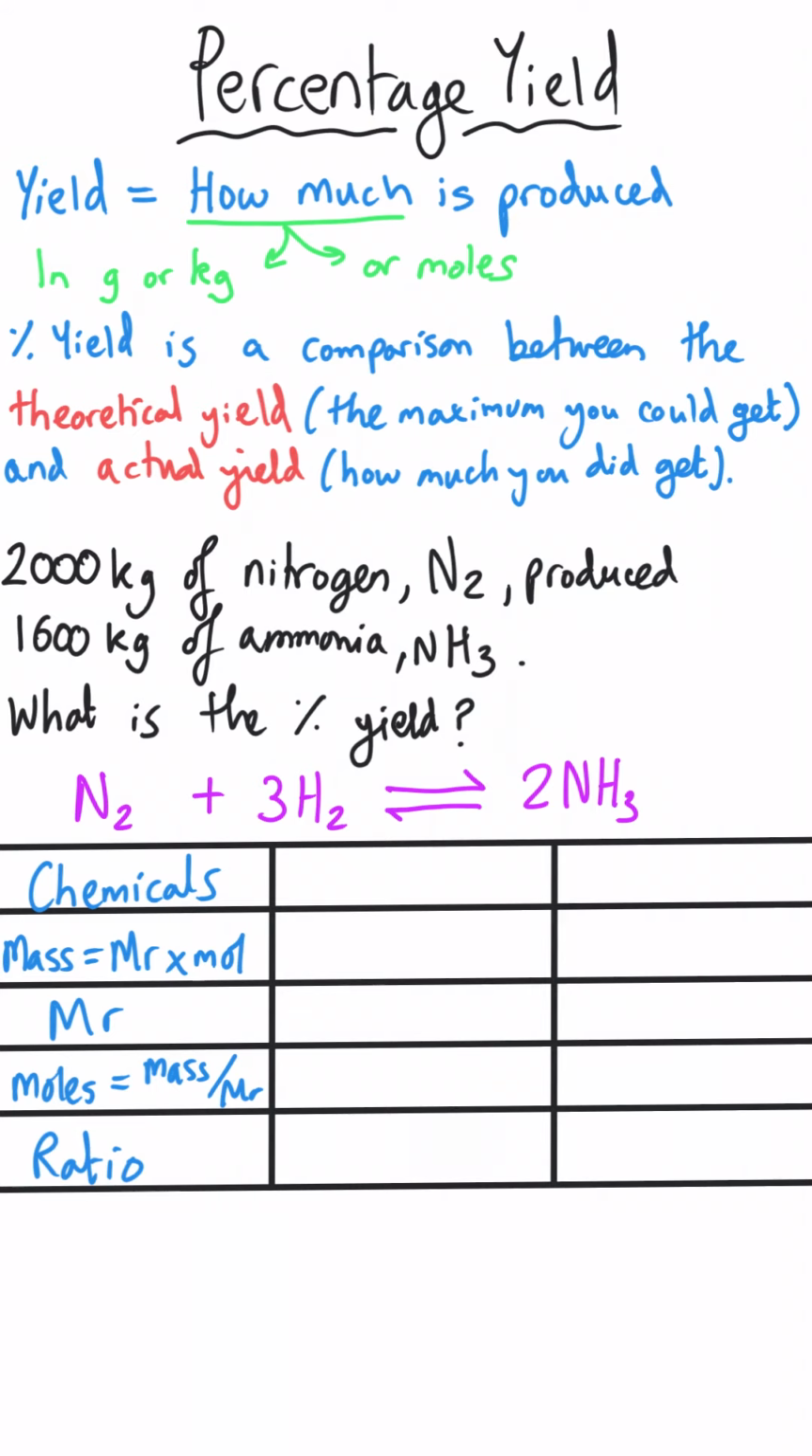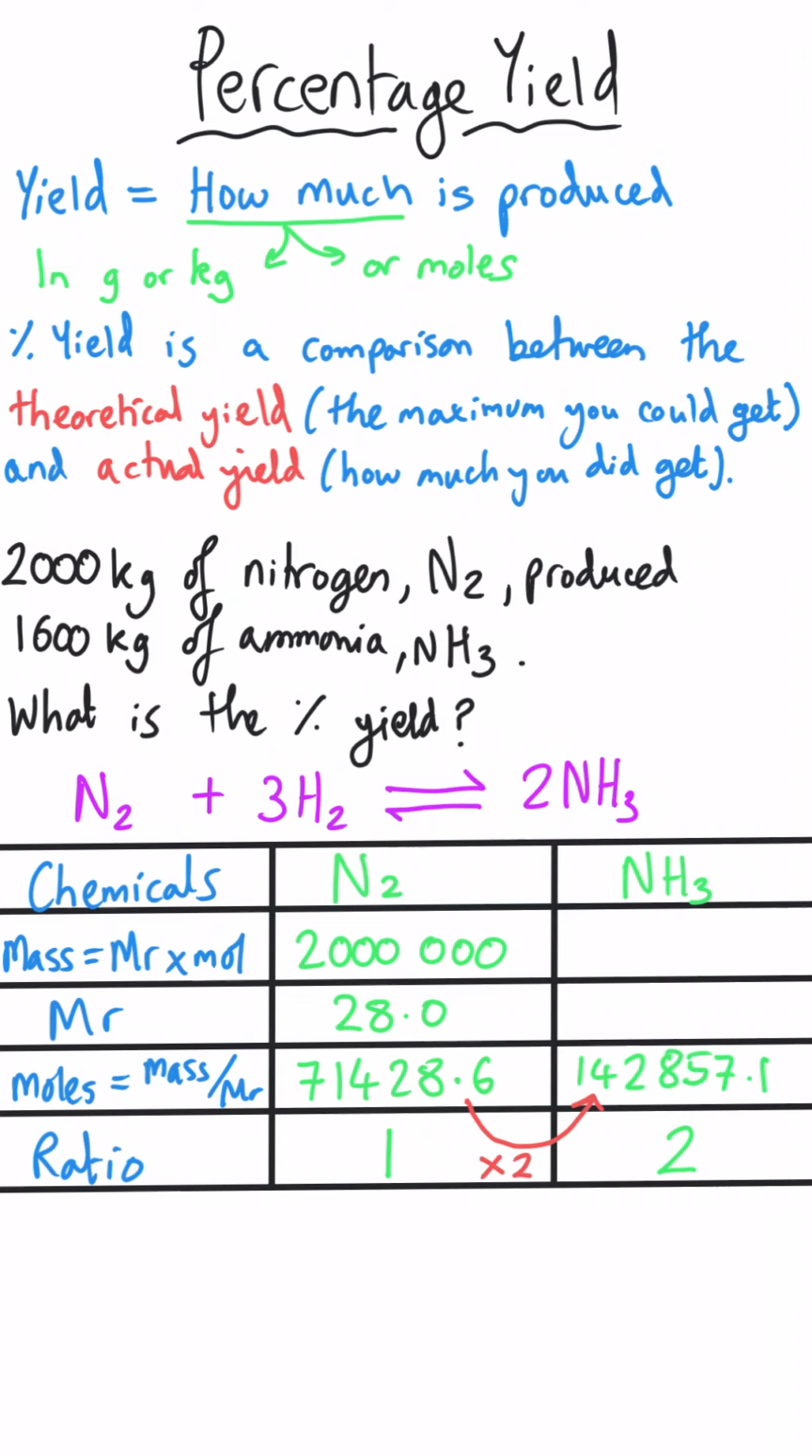The method to use is the grid method, shown as here, and we've got 2,000 kilograms, which we need to turn into grams, so that is 2 million grams. Divide it by the Mr of 28.0 for nitrogen, gives us a moles of 71,428.6. Then we look at the ratio from the equation. The equation tells us that 1 mole of nitrogen produces 2 moles of ammonia, so therefore we need to double our 71,000 moles, and we get